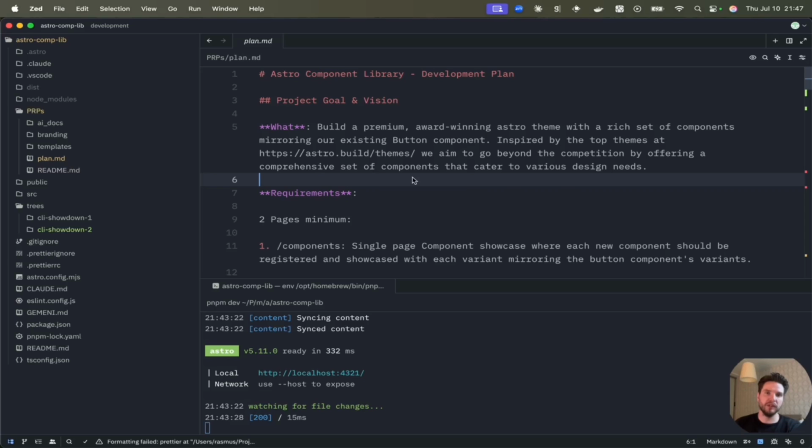So we have a plan. The plan is to build a premium award-winning Astro theme with a rich set of components mirroring the existing button component, inspired by top themes at Astro build themes. Astro has a bunch of these themes. The paid ones go for 100 euros a pop, or some subscriptions or something like that. So the idea here is that we build something that we can just reuse for any of our front-end projects,